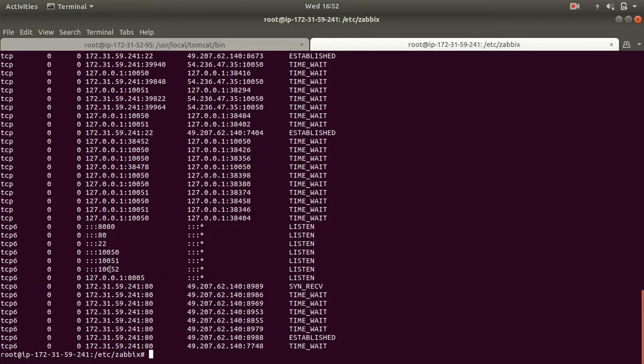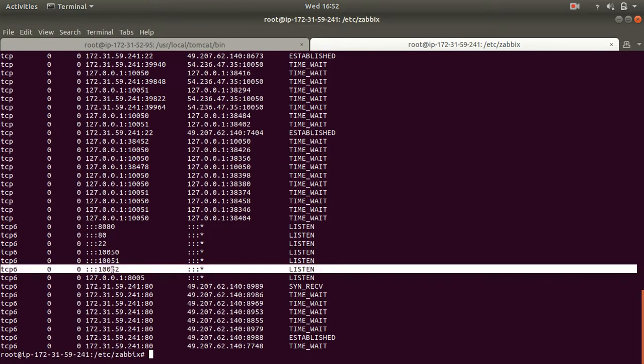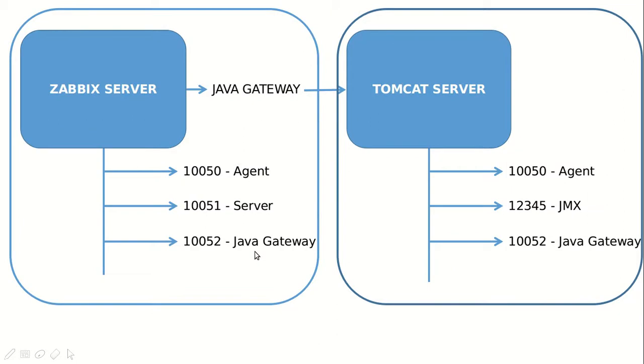Okay, so this should be fine. That's my 10052 port number that my Zabbix Gateway is going to use to talk to my remote machine where my Tomcat is running. So this is the configuration that you'll have to do on your Zabbix server.